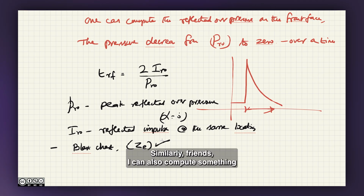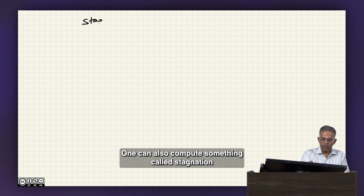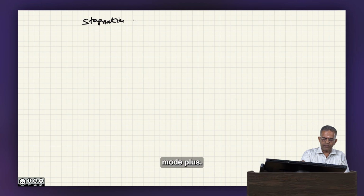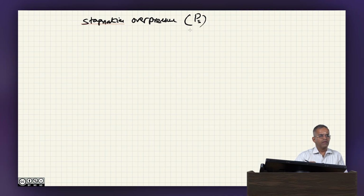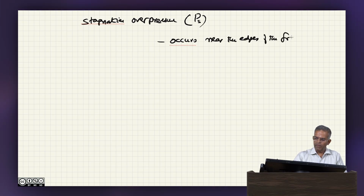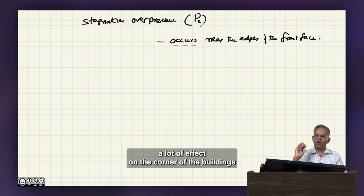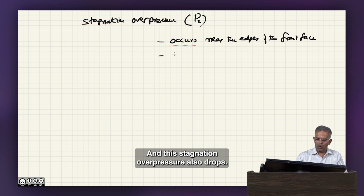Similarly, friends, I can also compute something called stagnation overpressure, which is indicated as PS. This occurs near the edges of the front face. This is going to cause a lot of effects on the corners of the buildings. And this stagnation overpressure also drops